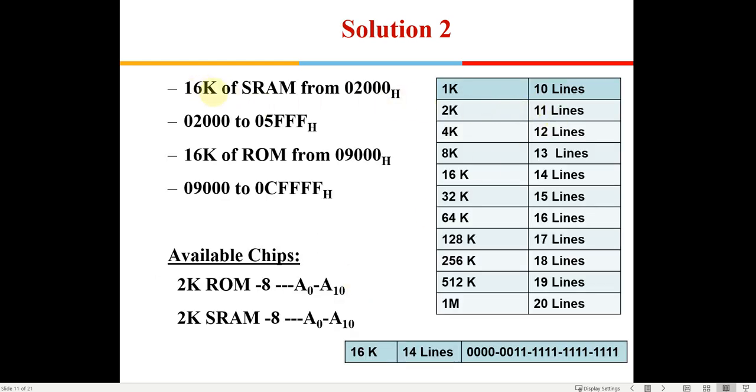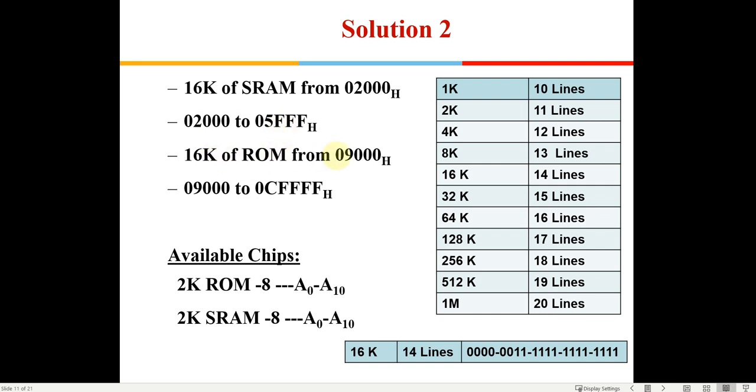Now for 16K, from the table it requires 14 different address lines. If you write it like this, it will be 3 followed by 3 Fs. It is already 2 available here, so if you add 3 Fs, the ending address is going to be 5 triple Fs. So from 2000 to 5 triple Fs will be the starting and end address for the 16K memory.